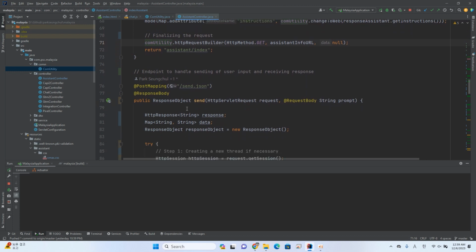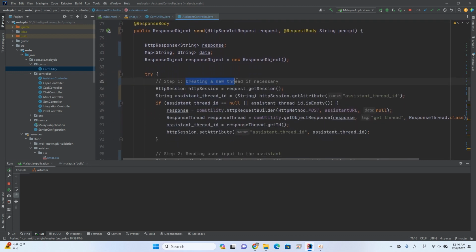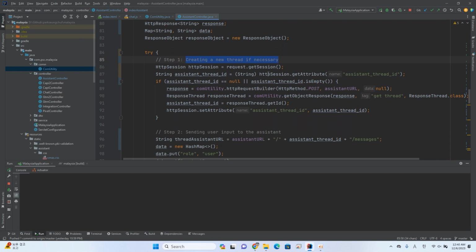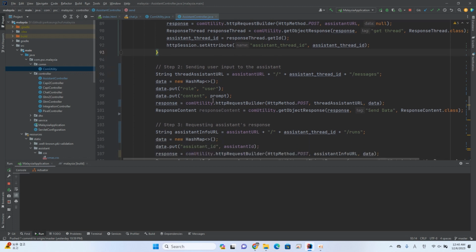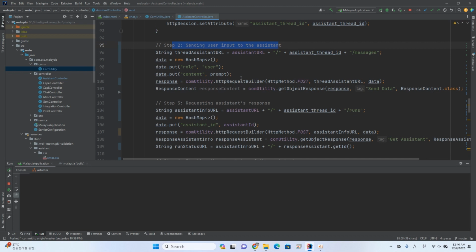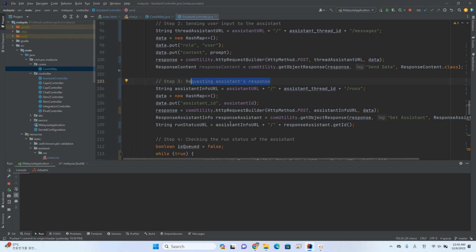This is the part where I request a conversation and receive the result. Since many requests are made sequentially, I've handled exceptions using try-catch statements. I check if the previous thread information exists in the session data. After inserting the prompt, after obtaining the assistant information,